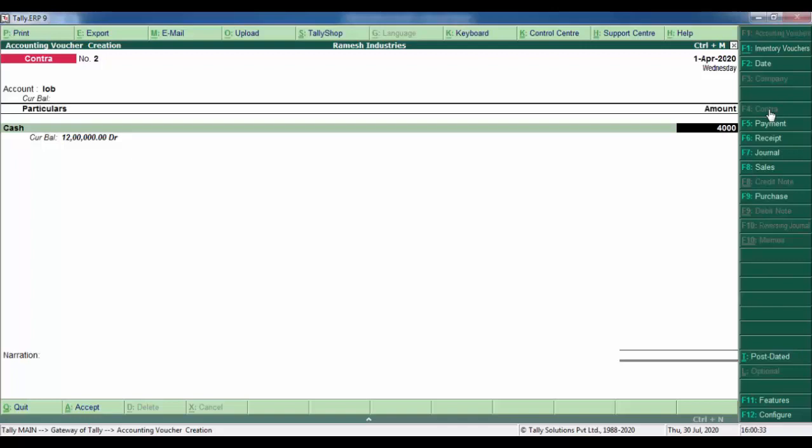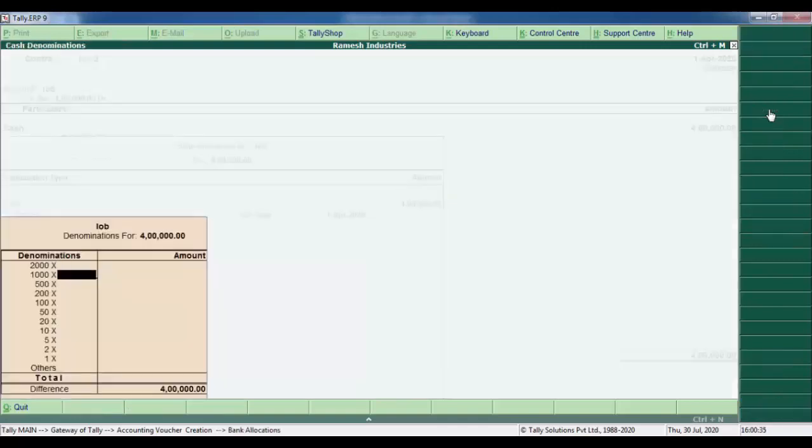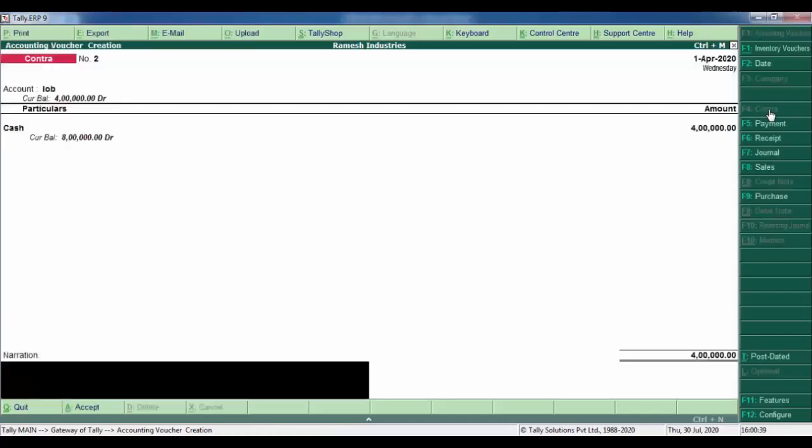So enter 4 lakhs. After entering denominations, it is asking for the narration. Being cash deposited.